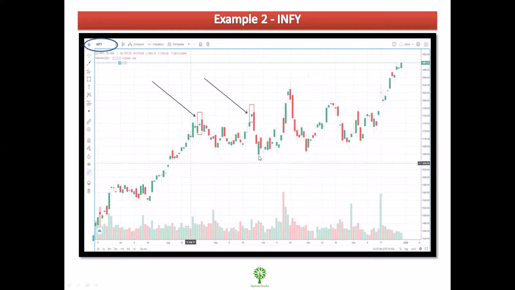So it is very important to observe that a shooting star candle can have any color. It may be red in color or it may be green in color. So don't get confused just by the color. It is very important that a shooting star candle should be observed in terms of its significance, not in terms of its color, because if you look for a red color candle only, then you will miss a lot of great opportunities to take trades.